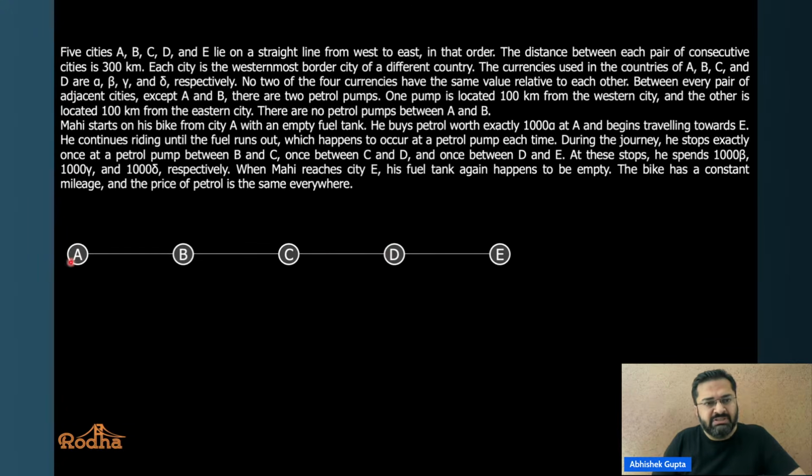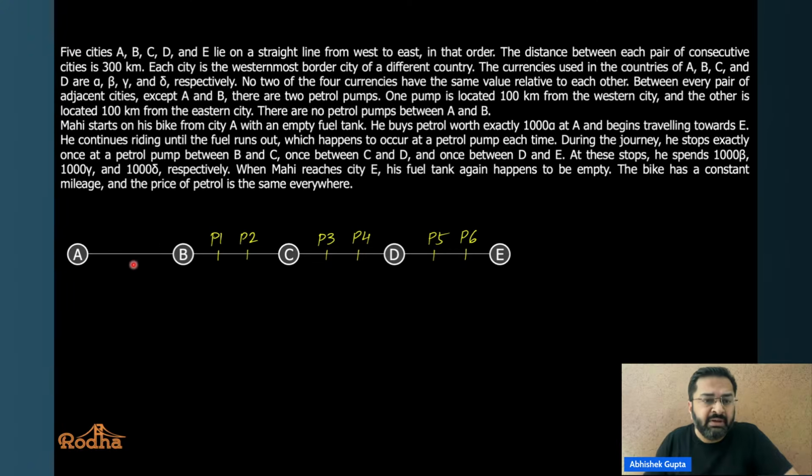Now you know that this is the west part of it and this is east, and Mahi is moving in this direction. This is all clear to us. The petrol pumps would be, I'll just mark the locations like this. They would be like that. And let's name them. Now you can definitely understand the situation better.